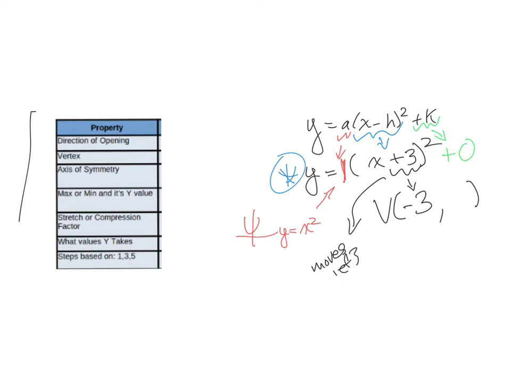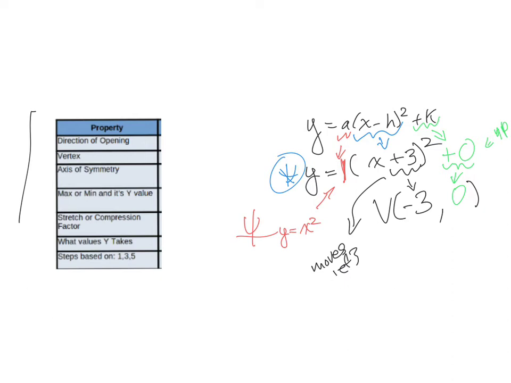Now, for this last part here, the outside portion, that tells us whether the parabola moves up or down, right? Basically, it doesn't move up, because it's 0. So this value here in my vertex is 0. So if I was going to go and sketch this graph,